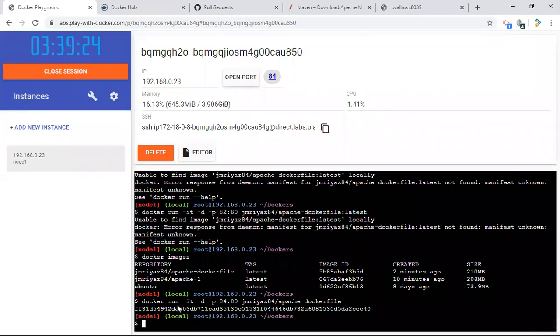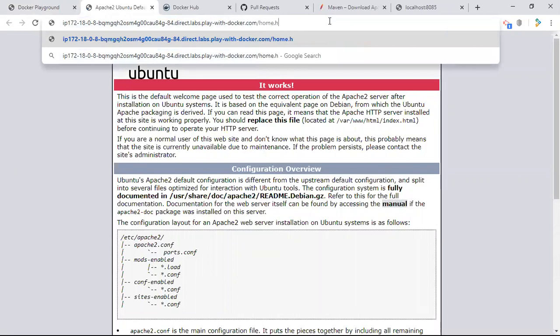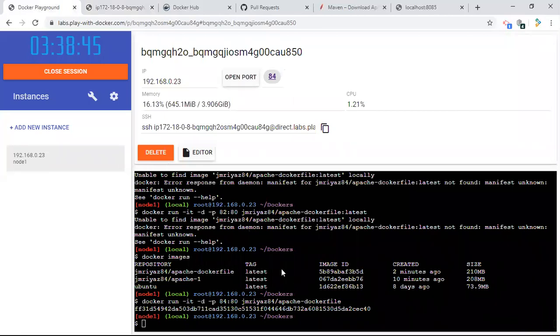Okay, so now it is running: docker run -it -d with port 84 to 80. Then I have given the image name. So you can see I gave port number 84. 84 is open. If I open this, my Apache server is displayed. If I want to see home.html, you can see welcome to Docker world. So what happened is it moved all my files into the /var/www/html folder, then it is running our Apache server.